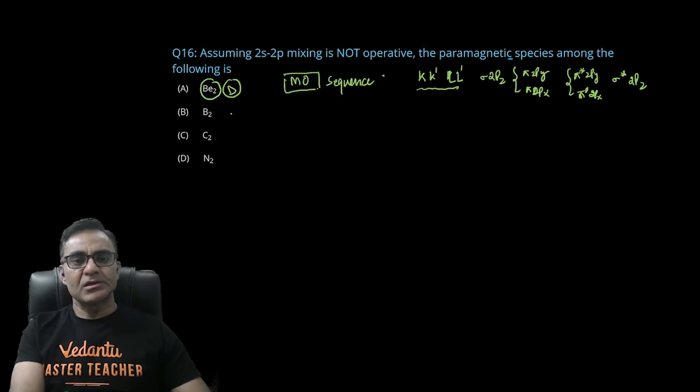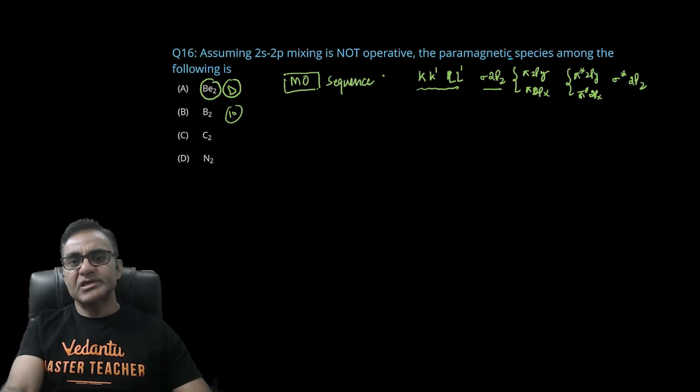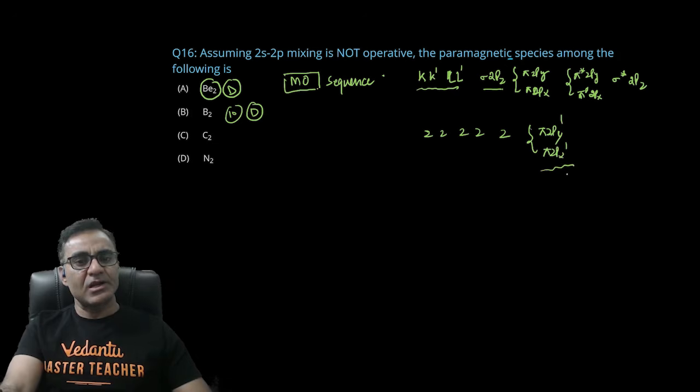बोरॉन 10 इलेक्ट्रॉन होता है, तो जो 2 इलेक्ट्रॉन आपके आए वो यहाँ पे आ जाएंगे सिग्मा 2pz में, राइट, तो ये भी डायमैग्नेटिक हो गया। C2 की बात करेंगे तो 2 इलेक्ट्रॉन यहाँ पे, 2 इलेक्ट्रॉन यहाँ पे, 2 इलेक्ट्रॉन यहाँ पे, 2 इलेक्ट्रॉन यहाँ पे, 2 इलेक्ट्रॉन यहाँ पे, तो यहाँ तक हो गया आपके टोटल 10 इलेक्ट्रॉन। अब आपके पास 2 इलेक्ट्रॉन बचे, तो आप पाई 2py1, पाई 2px1, तो ये एक्चुअली 12 के 12 इलेक्ट्रॉन हमने भर दिए। अभी एक एक इलेक्ट्रॉन अनपेयर्ड यहाँ मौजूद है, इसलिए